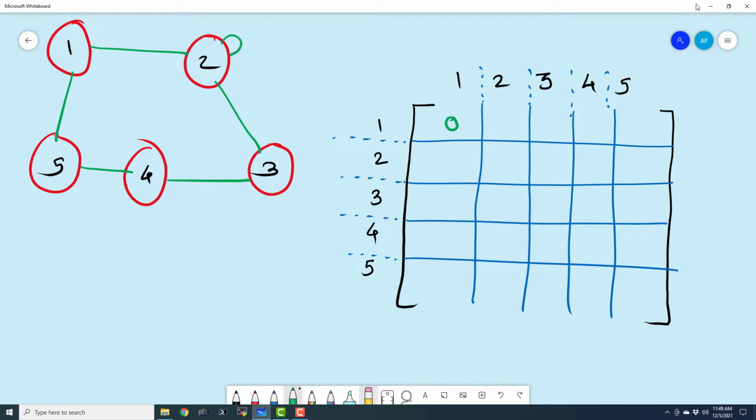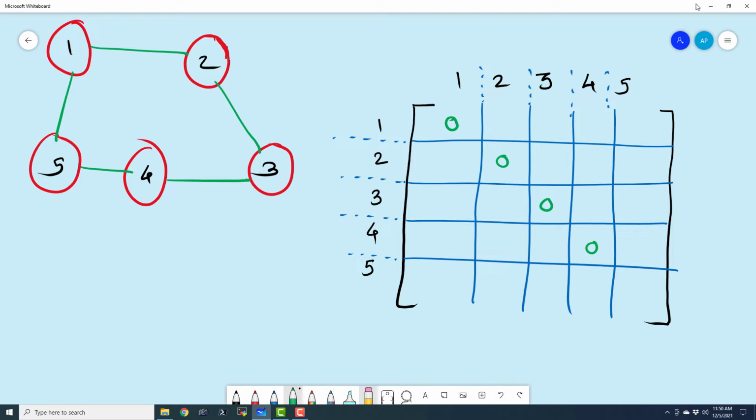Okay, we don't have a case like this. So this is an edge from source to the same destination, and we don't have that sort of case. So I am actually going to erase it. Okay, so I have erased it and we are going to mark appropriately in our graph or in our matrix for the graph.